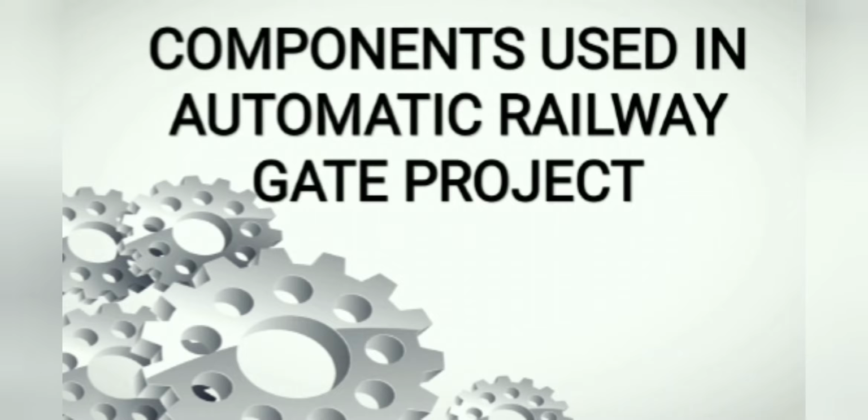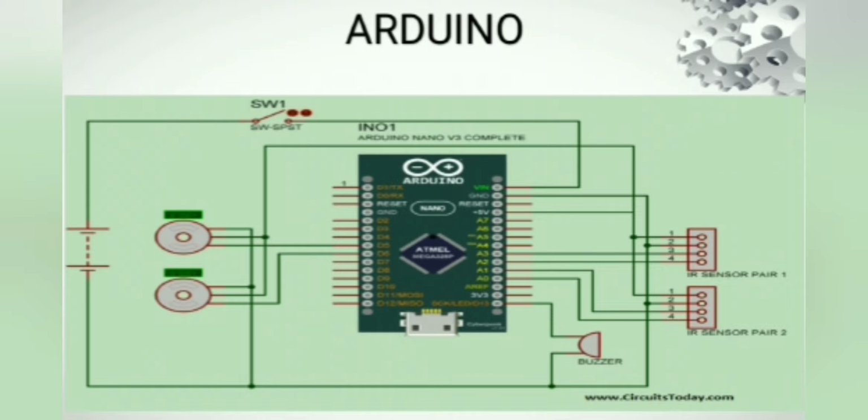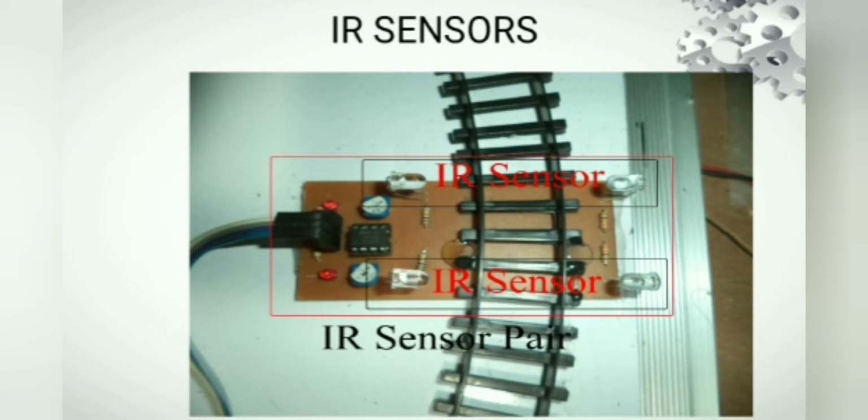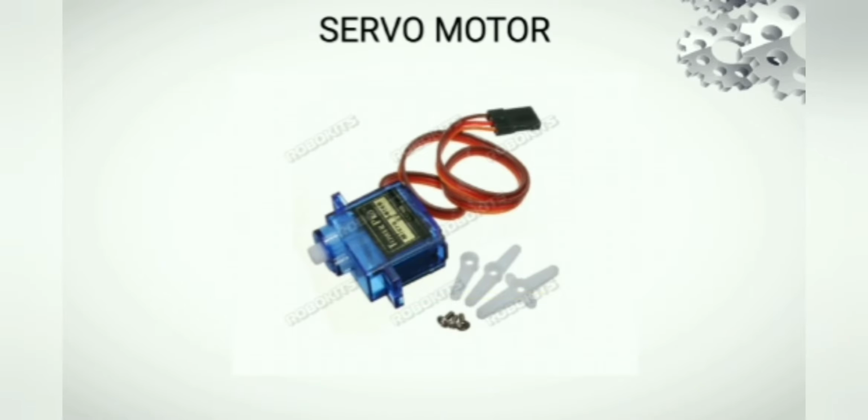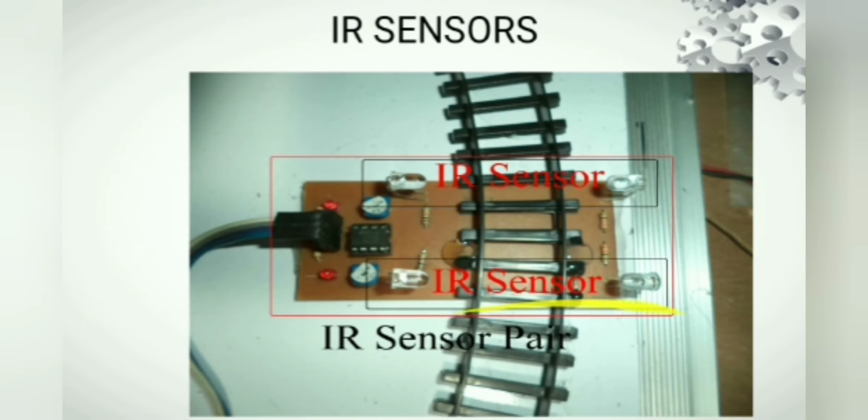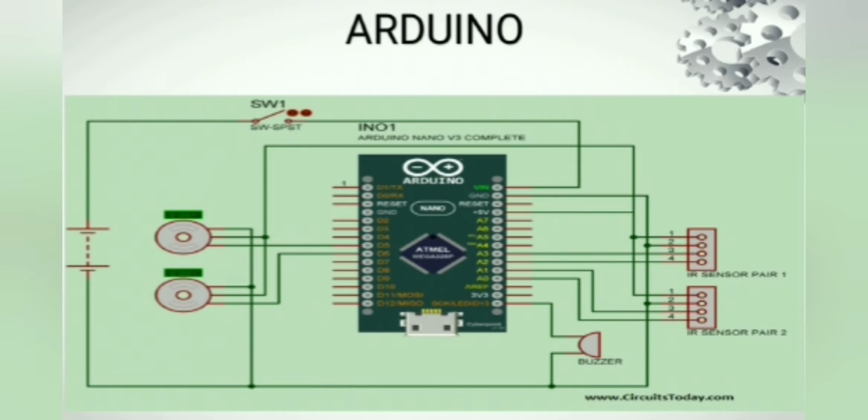Hello everyone. Our teammate Rajashiva has explained about the introduction part and objective of our project. Now I am Aishwarya from Mechatronics department, going to explain about the components used in the automatic railway gate project. The automatic railway gate control system project makes use of an Arduino to control the whole circuit. 4 IR sensors are used for sensing the arrival and departure of the train. 2 servo motors are used to open and close the railway gates. These 3 are the main components used in our project.